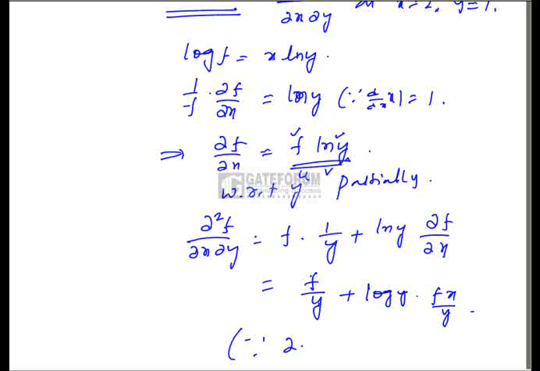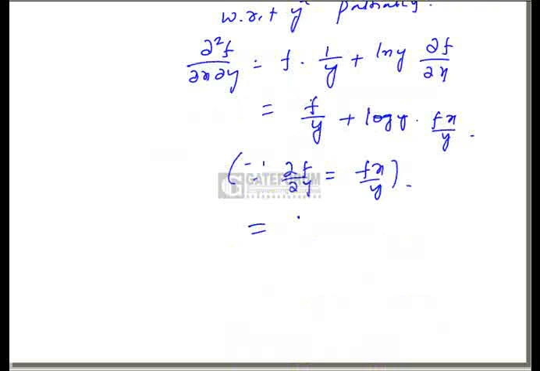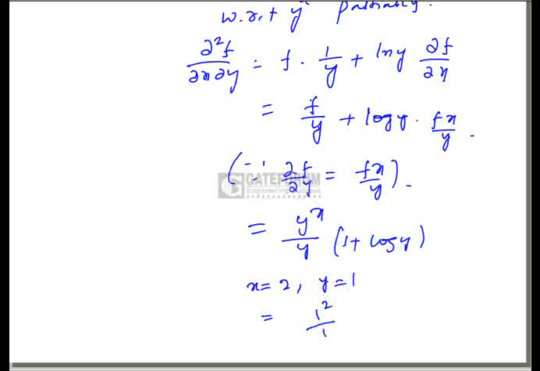Since ∂f/∂y is nothing but f'(x) by y, if we differentiate, you'll get this value. Now, it can be further simplified as y power x by y into 1 plus log y. Now we'll substitute the values of x as 2 and the value of y as 1, which is nothing but 1 power 2 by 1 into 1 plus log 1, which will give you 1, which is nothing but option